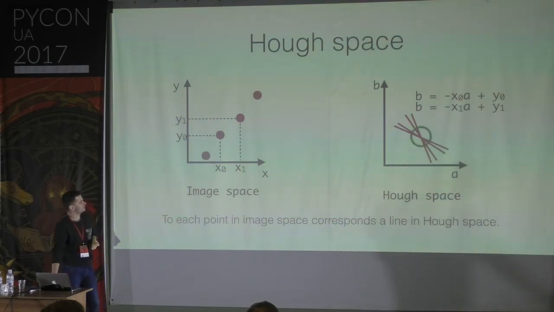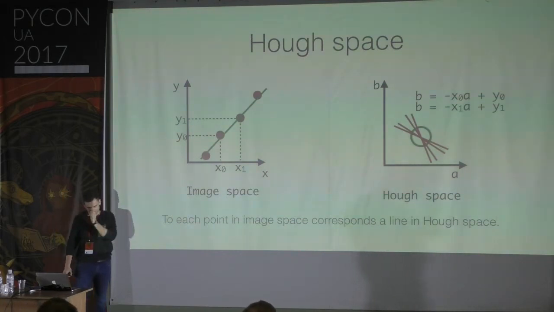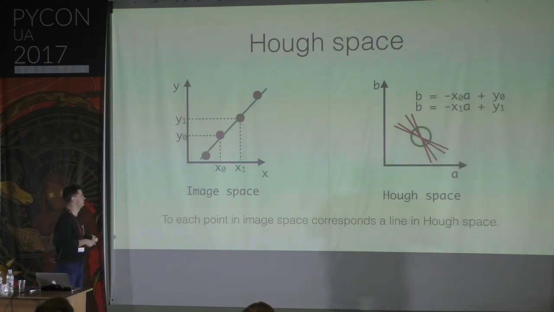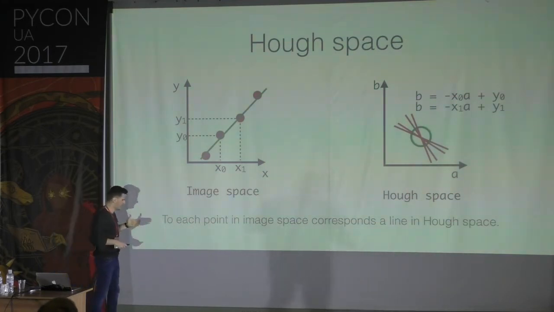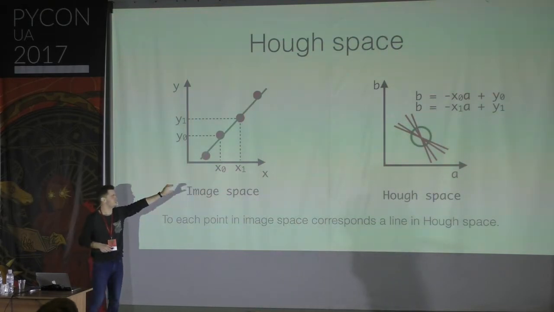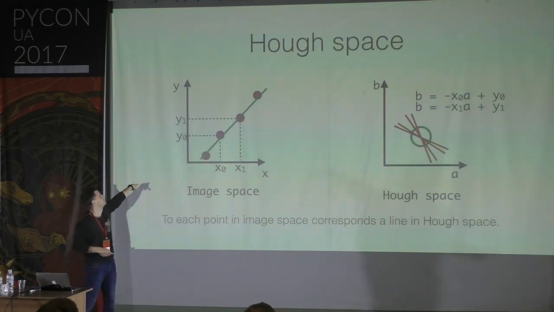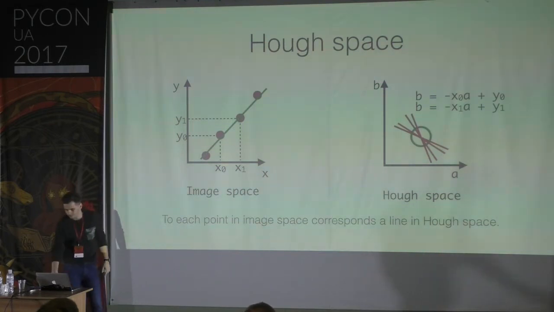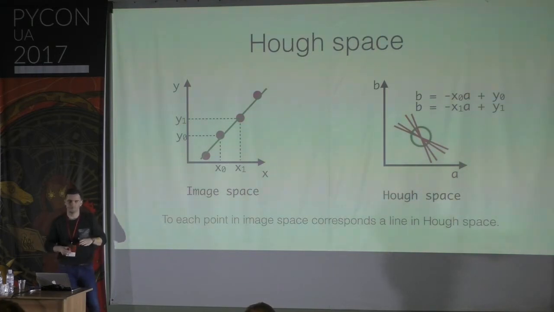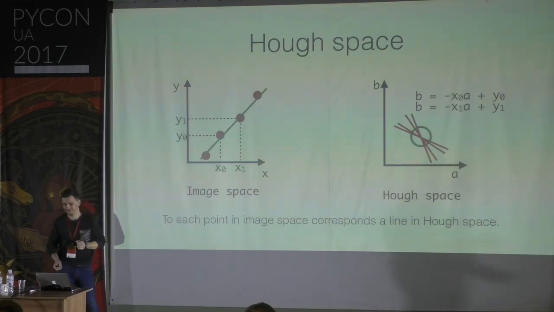And the intersection, like this point, if we project it back, results in the line in the original image. So basically that's the whole Hough transform technique. We go for every edge point in the image space, we build a line in the Hough space, and then we look for strong intersections and transfer the line back. And then we have a line in the original image. I know it sounds maybe a bit complicated, but if you are interested in the topic and try to dive deeper, it's not that complex.